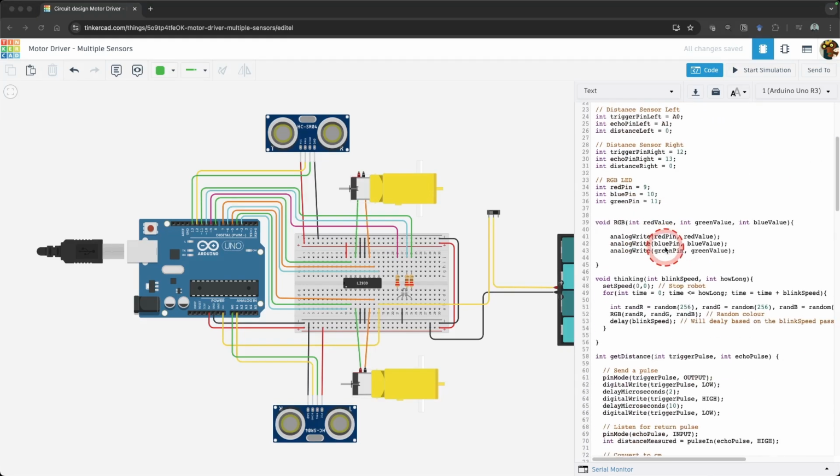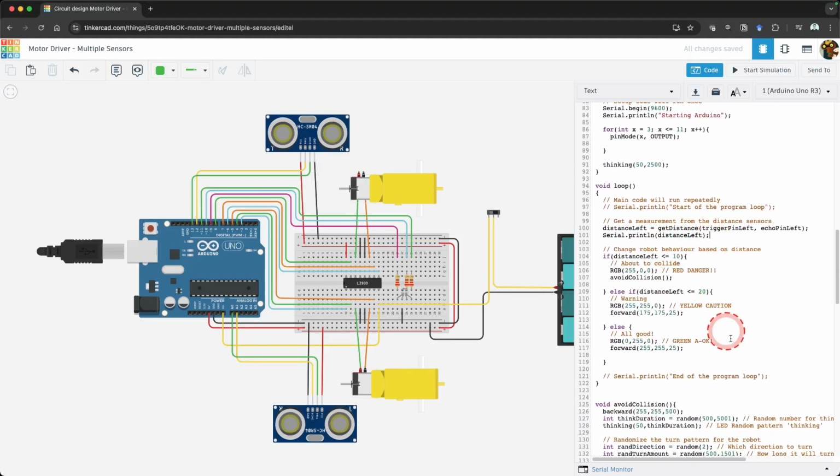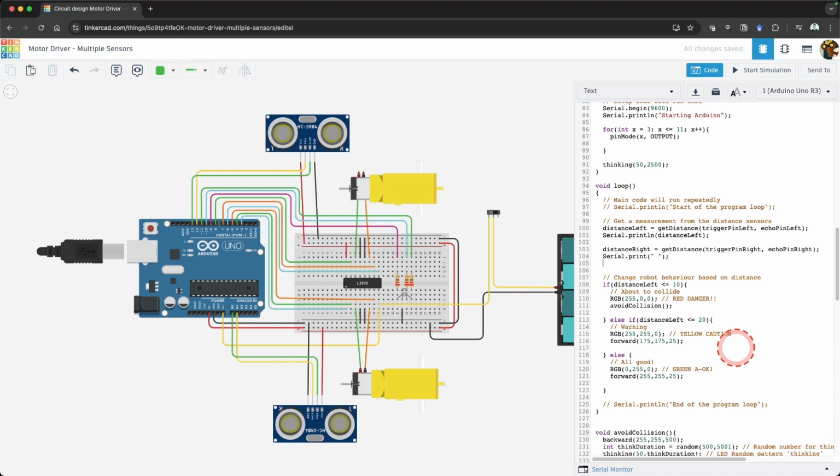Next, in our main loop function, let's update the distance right variable. After we update the distance left variable, type distance right equals getDistance(triggerPinRight, echoPinRight); and add Serial.print(" "); and Serial.println(distanceRight);